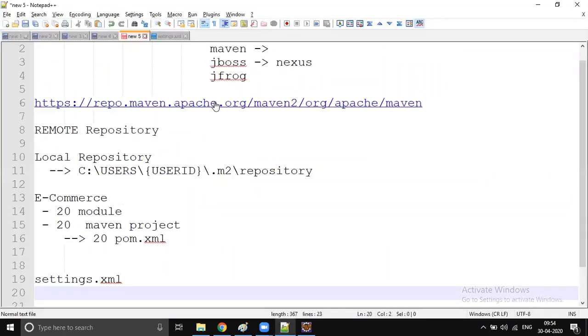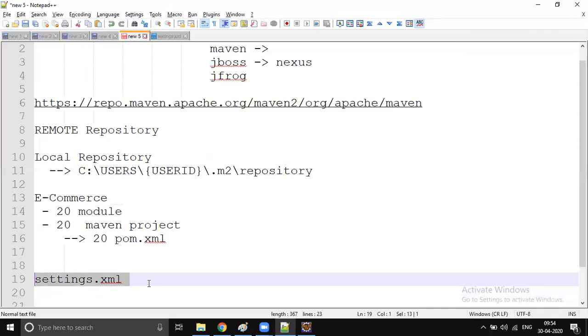But you have to inform, saying that, hey, can you read the configuration from here, not from .m2? That is the default. But as I said already, whenever we are working with Maven, we mostly go with the default. But yeah, it need not be named settings.xml. It can be any other name also.